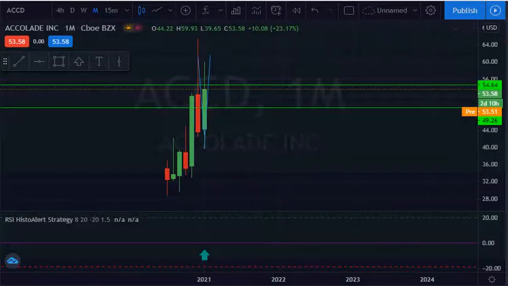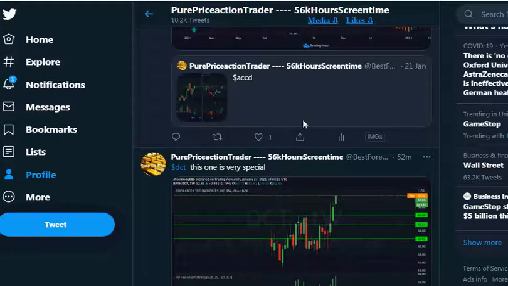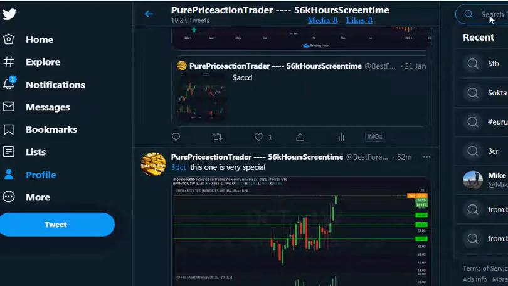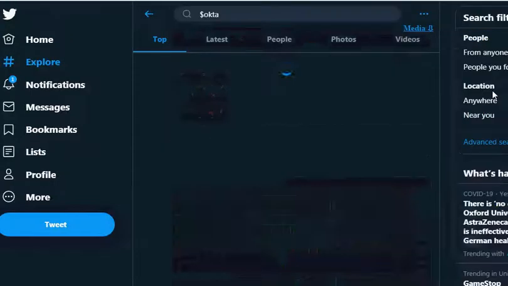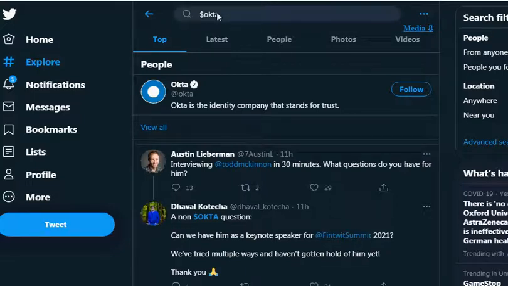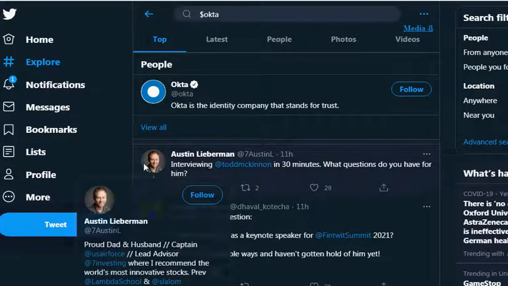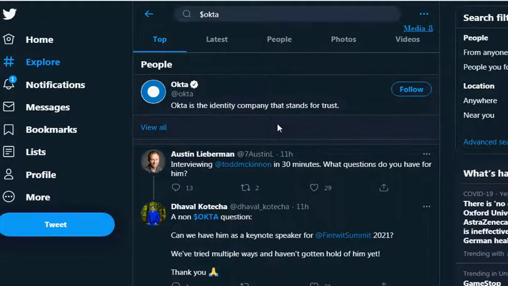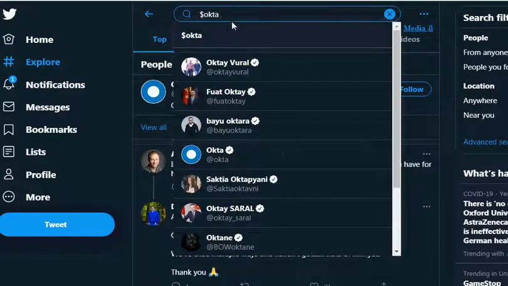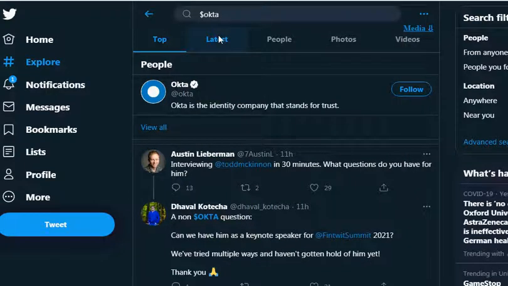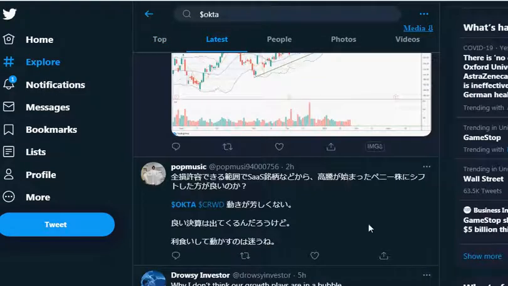Anyway, back to the way I find stocks, and it's a very manual way. I think it's very cost effective, because all you need to do is put a search term into your search box, something like that, a busy stock if you like, or you could go the other route and just use your chosen stock tippers, but the end result will be the same. When you put something into your search box and click latest, you will get lists of stocks like this,